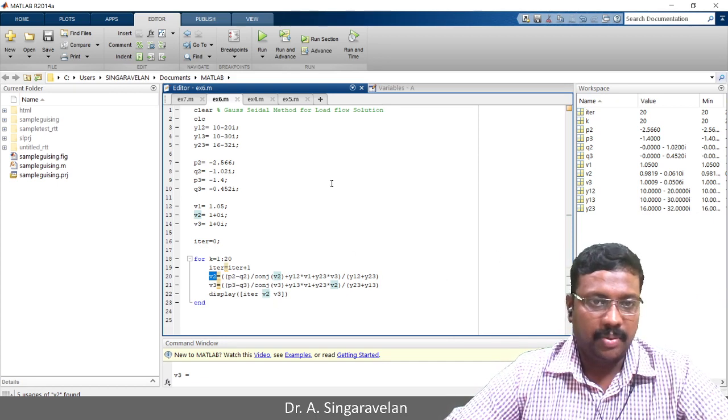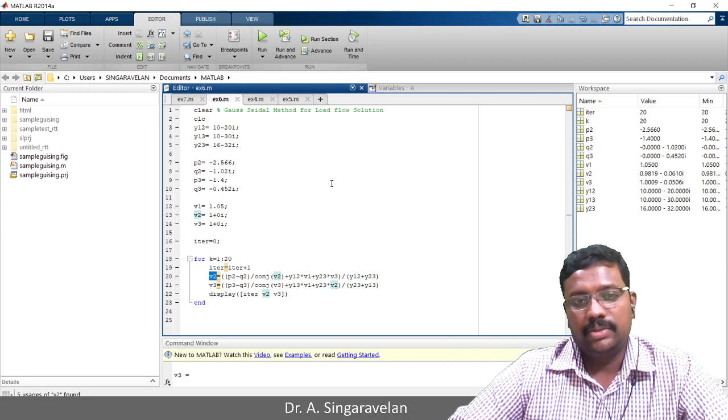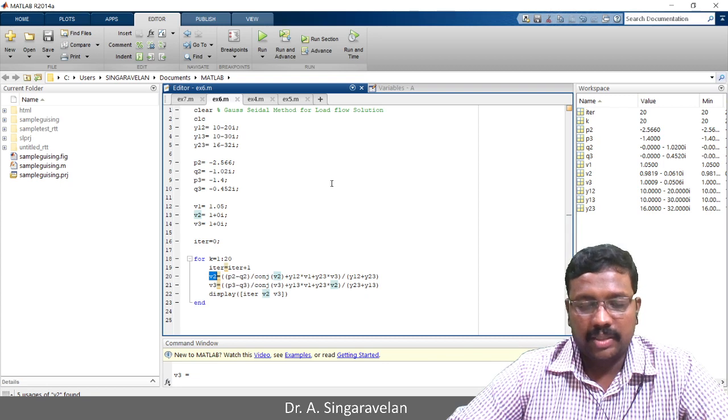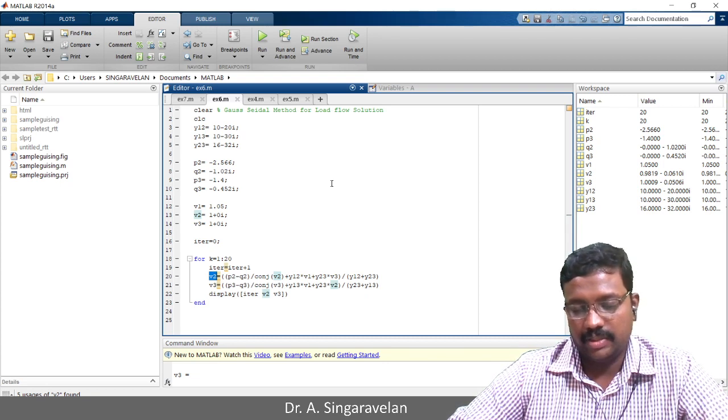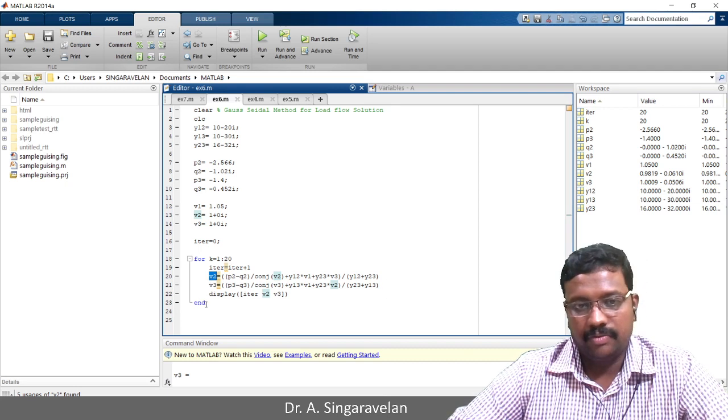That's all about experiment 6. In this experiment 6 you need to find the voltage of the PQ bus system given to you, perform Gauss Seidel, and find the voltage at the different buses. Suppose you are given a 5 bus system or 6 bus system, you need to do all these things for V2, V3, V4, V5, up to n, for all the equations.